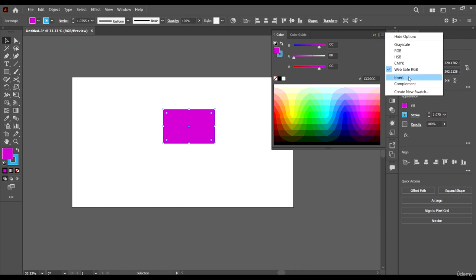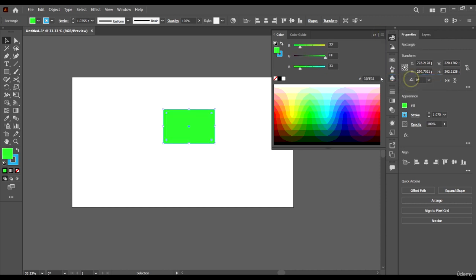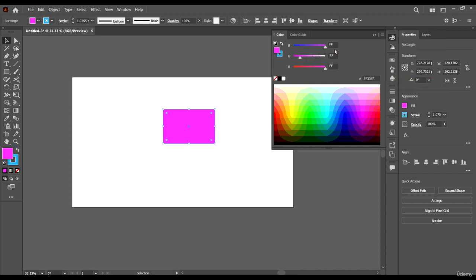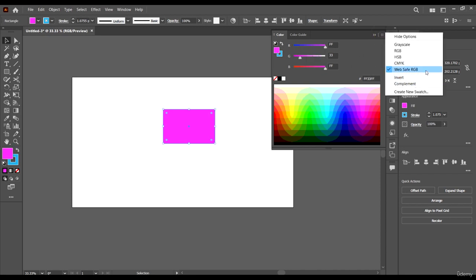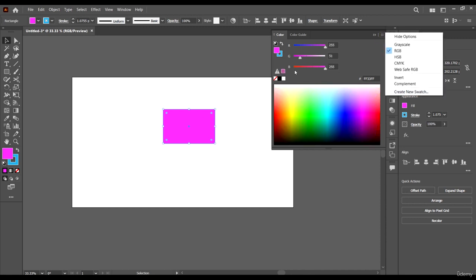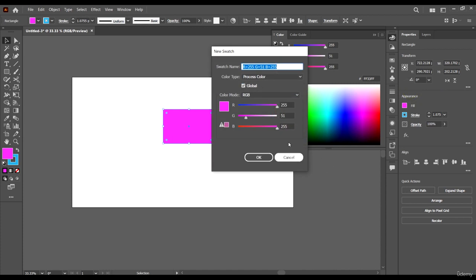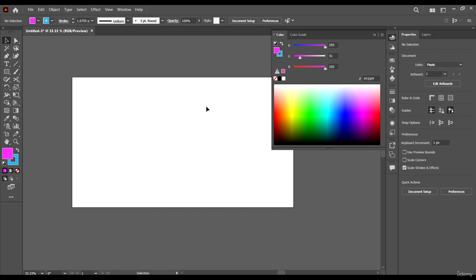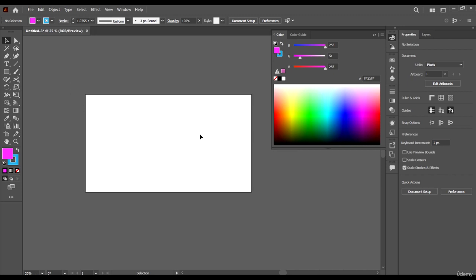And then we have this one which inverts the color, and this one which shows complements. And basically that's it about the color panel. And of course we can create a new color swatch from here and delete, and we can do a whole lot of things. Now the next, rather more interesting tool we're going to be looking at is the color